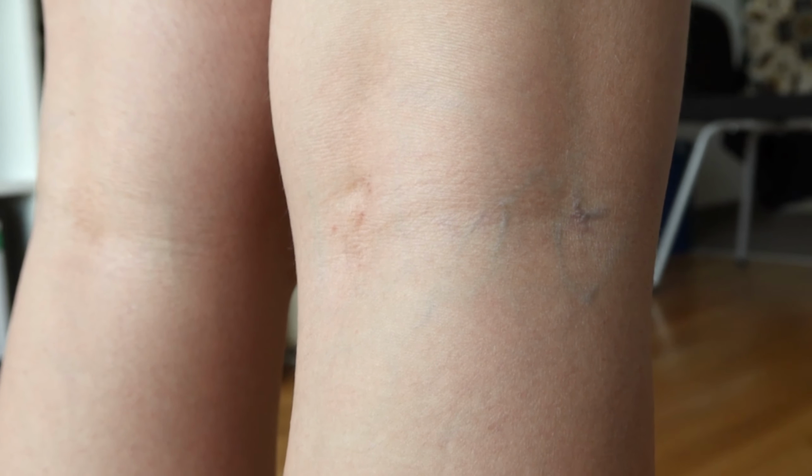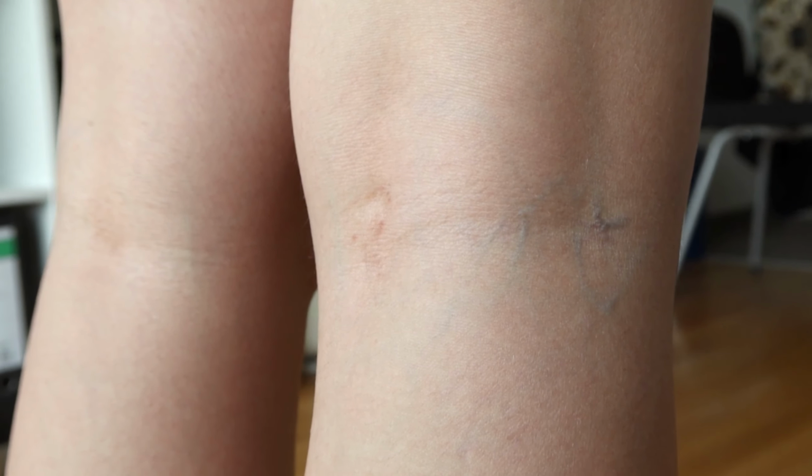And when I pointed this out to my boyfriend, he said, "Oh yeah, you have that too." And I was really confused. And when he pointed to the back of my knee, I saw that I had quite noticeable veins there too. And that kind of freaked me out. I panicked a little and thought, why do I have this when I see mostly old women and elderly people